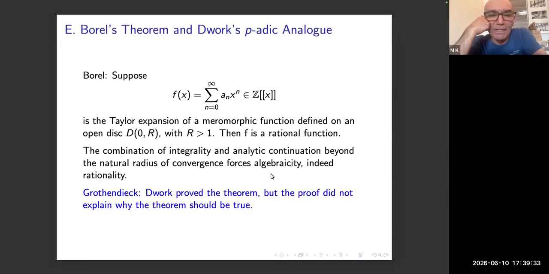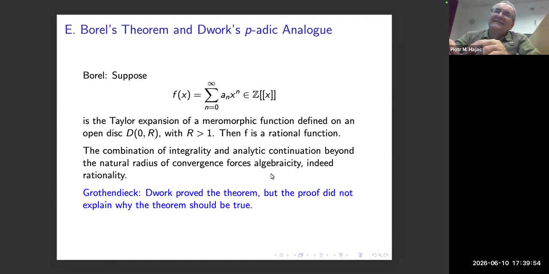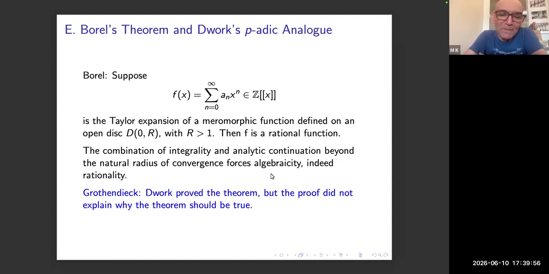Bernard Dwork developed his method, and then he proved the first Weil conjecture. It is attributed to Grothendieck that once he saw the result of Dwork, he said that Dwork proved the theorem, but the proof did not explain why the theorem should be true. Yes, nice. Perhaps it's a bit unfair, but Grothendieck had this alternative idea that everything should come from